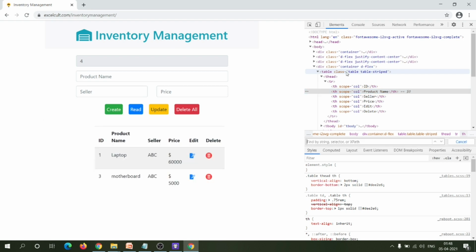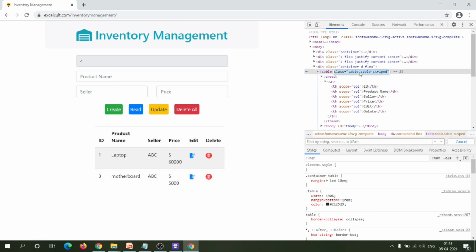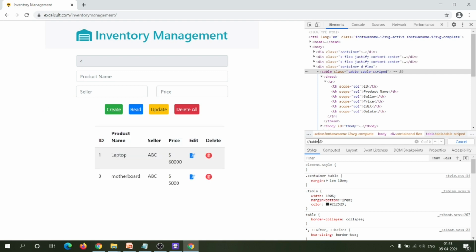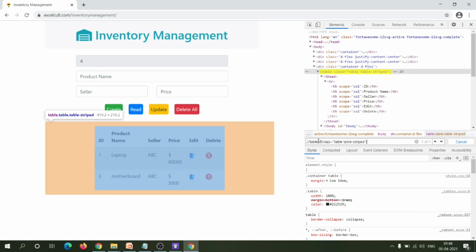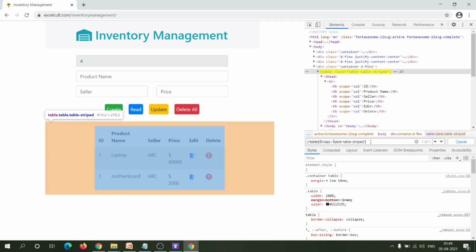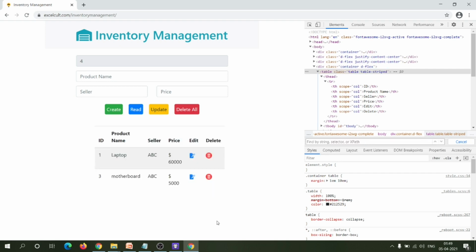For that we can write here, and let me write the locator for this table. Locator means XPath actually. So pass this one here.